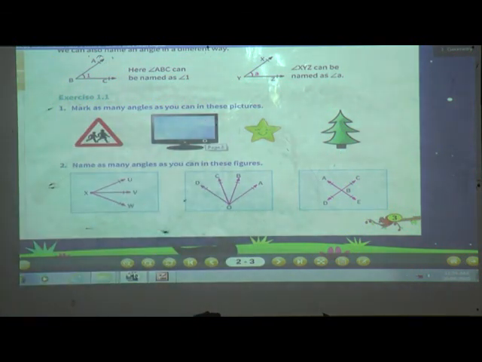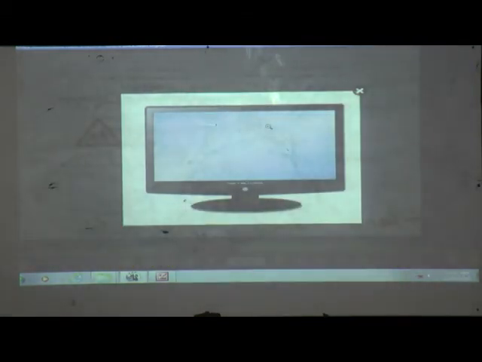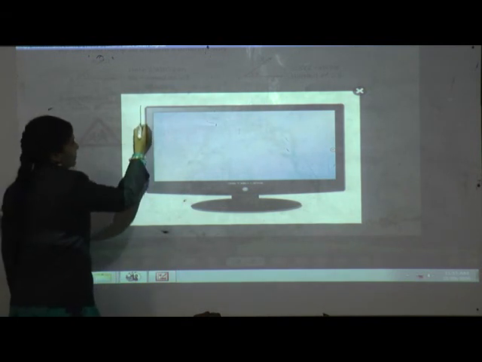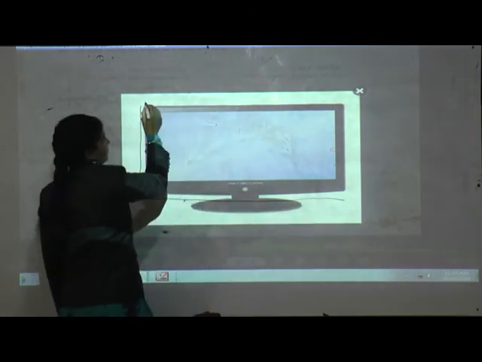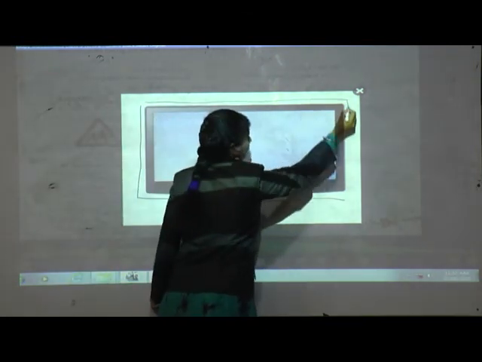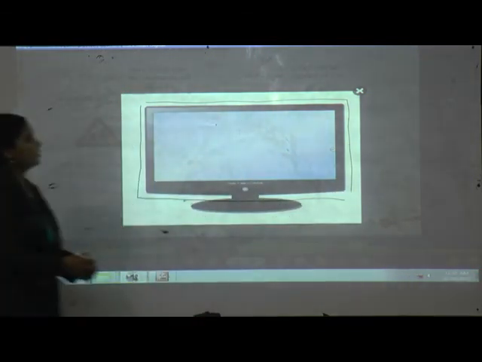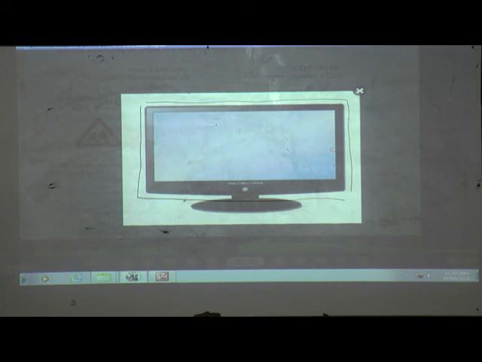What is this? Yes, this is a TV. Which shape is this TV? Yes, students, this is a rectangle shape. So here are some angles. See, this, and again here. Now you can find these shapes in your daily life also. Then the next figure is a